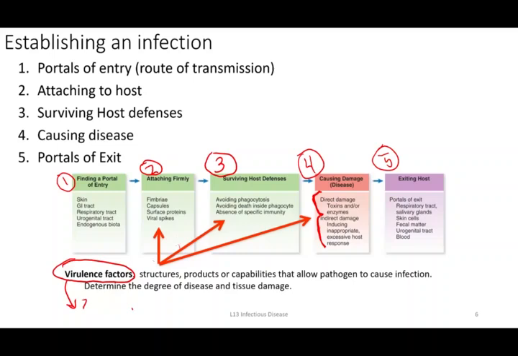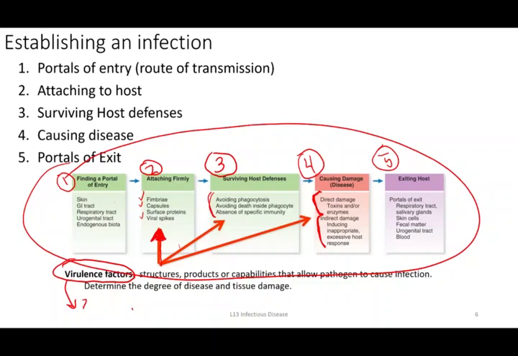And so they're going to be very much related to these different categories. So do they have something that allows them to attach? And so if they do, that would be one category of virulence factors. So we've talked about things like fimbriae or capsules or spikes, etc. Another category of virulence factors, we can talk about the ability to avoid phagocytosis or other important host immune responses, so those are virulence factors, etc., or the ability to make toxins or enzymes that allow them to survive. So we're going to talk about different categories of virulence factors and how they interplay with this progression of infection and disease.